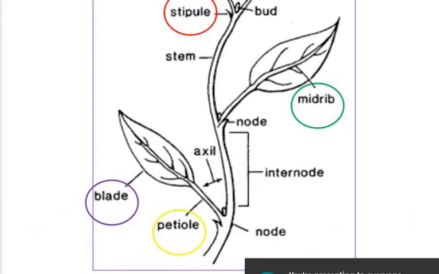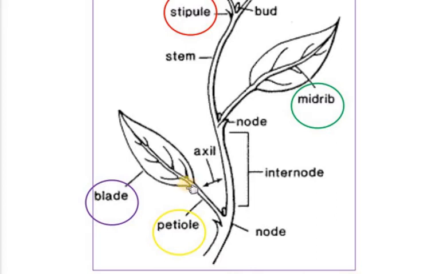So let me repeat once again. This is the stem which subtends all the parts of a plant. These are the leaves, the photosynthetic machinery. Each leaf is subtended by a small scale leaf-like projection, and this is called a stipule. The stalk of the leaf is called a petiole. The extension of petiole within the leaf is called a midrib, and the photosynthetic flattened surface is called a blade, the leaf blade.